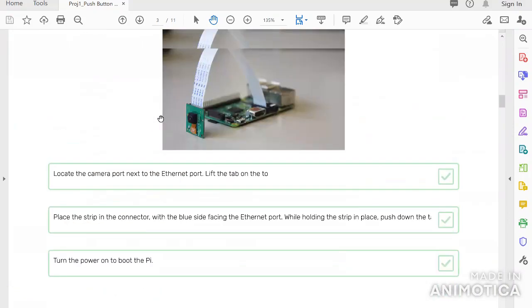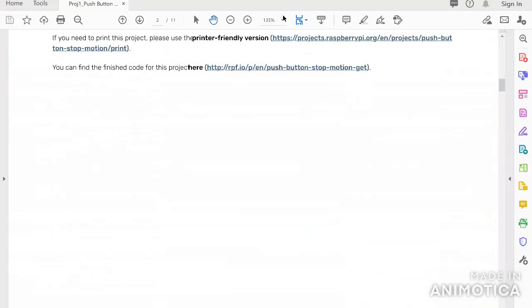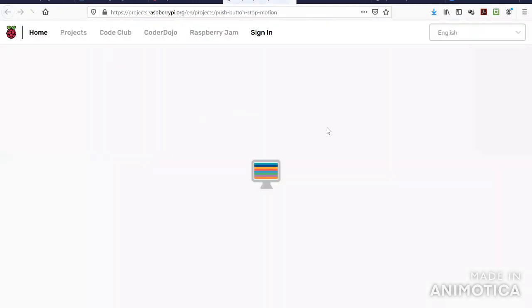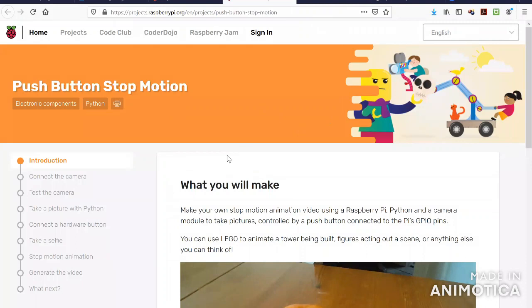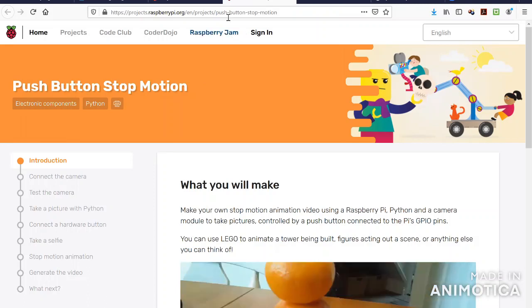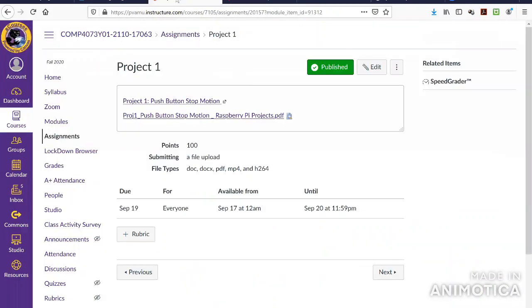In fact, if you prefer, you can go to the website through the link I put on eCourses. If you click this link, you go to the web page. So you can see from this web page, this is the title for this proposal. And in fact, if you need the,